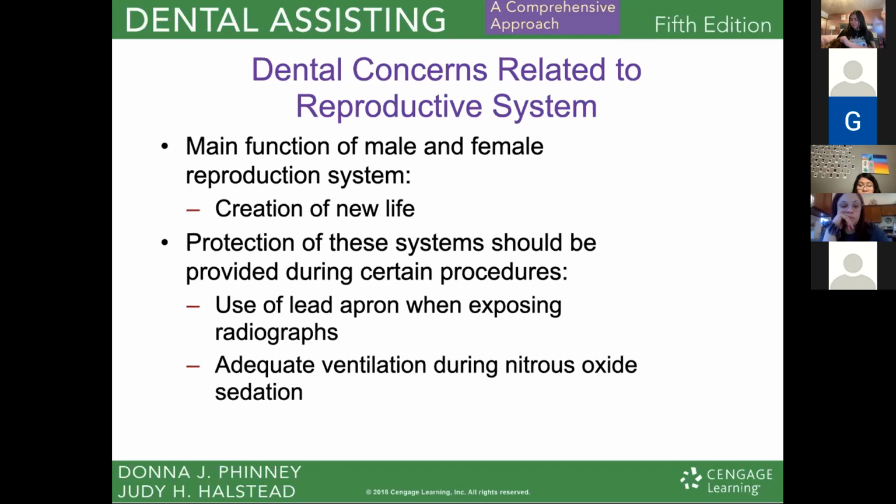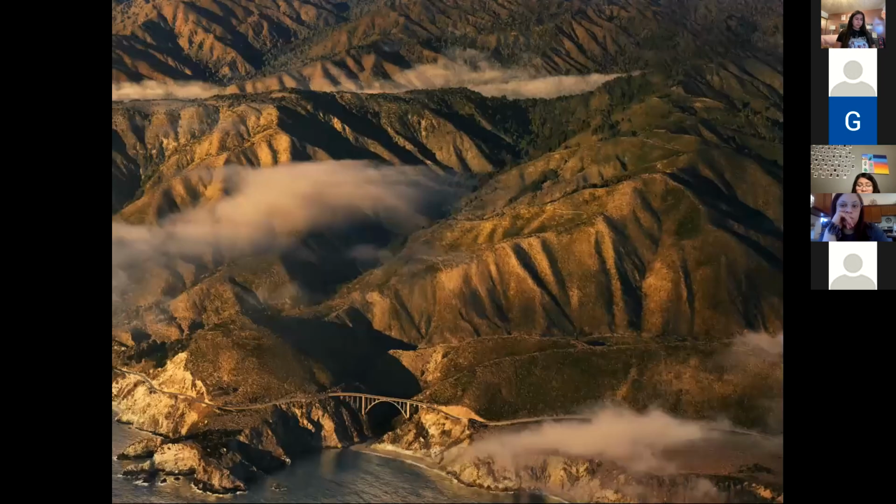Also, adequate ventilation during nitrous oxide is important. That's because, especially during the first trimester of a woman's pregnancy, is when all of the different organs, especially the really important parts of the organs,